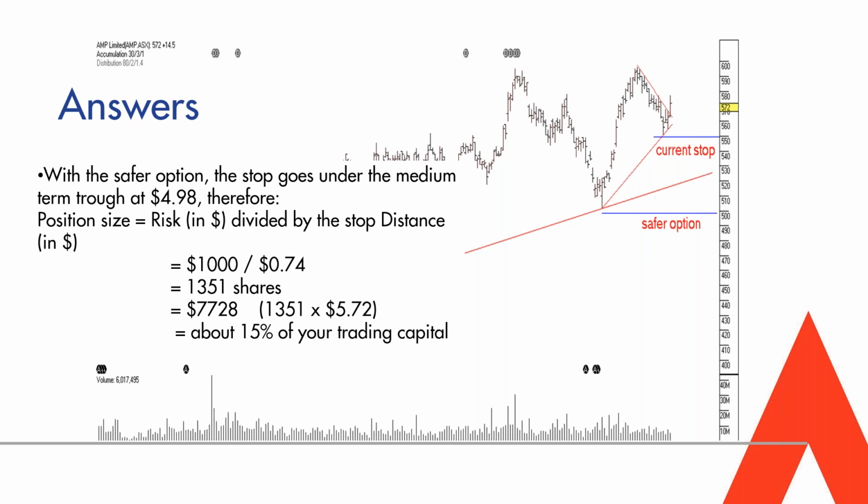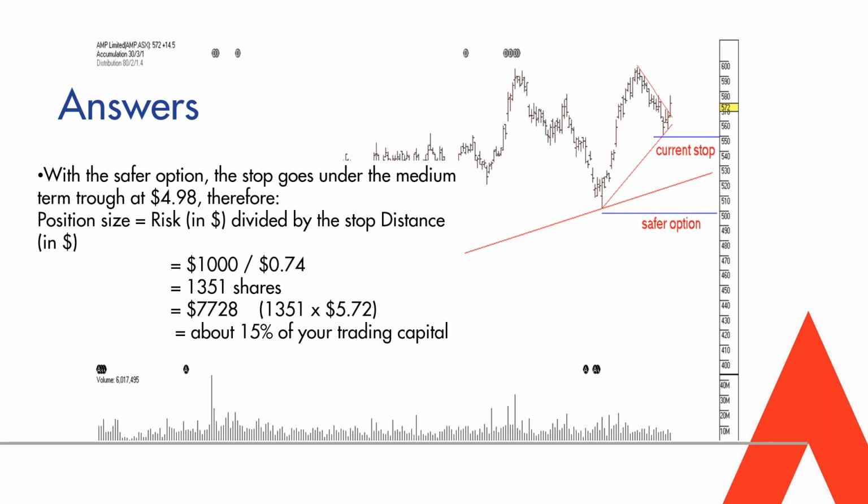Therefore, position size equals risk in dollars divided by the stop distance. So again, our trade risk. So $1,000, so that's 2% of your $50,000 trading account, divided by our new trade risk, which is 74 cents under the new trough low near the trend line. And that equals 1,351 shares. So if you're going to buy 1,351 shares at $5.72, multiplying the two together, your outlay is